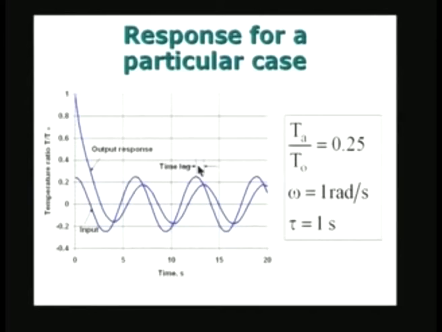In fact, I can measure the time lag by taking the phase lag. Phase lag is nothing but we can interpret it as omega times some t lag, and therefore omega t lag is equal to the phase lag, and therefore phase lag divided by omega will give you the time lag. So in this case you see that there is a time lag of something like 1 second or whatever equivalent of that, because omega is equal to 1, tau equal to 1, there is a time lag like this. So the response for a particular case is shown here, and let us now look at what is going to happen in a general case.